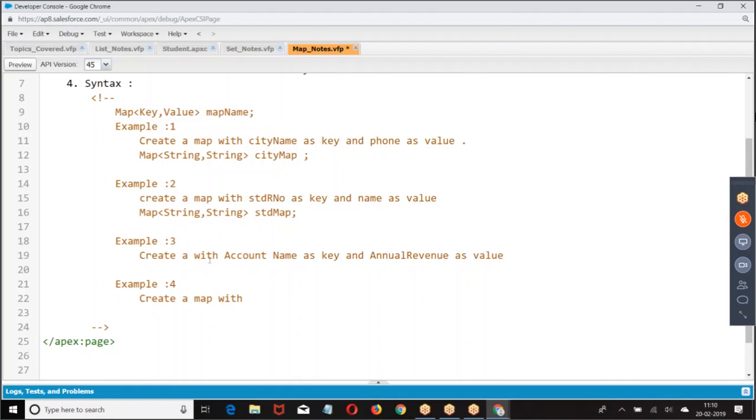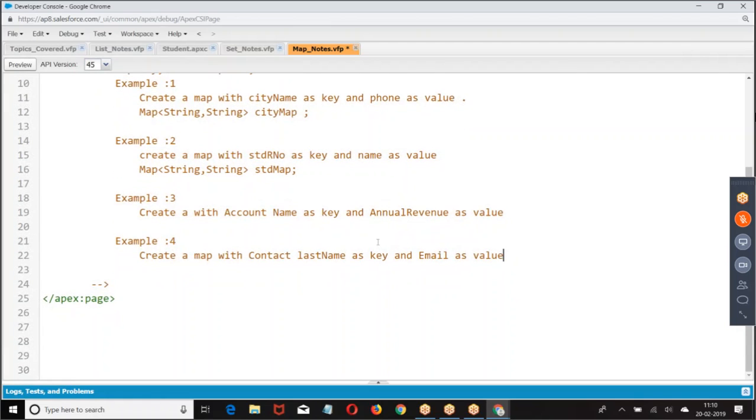Create a map with account name as a string, annual revenue as the value.